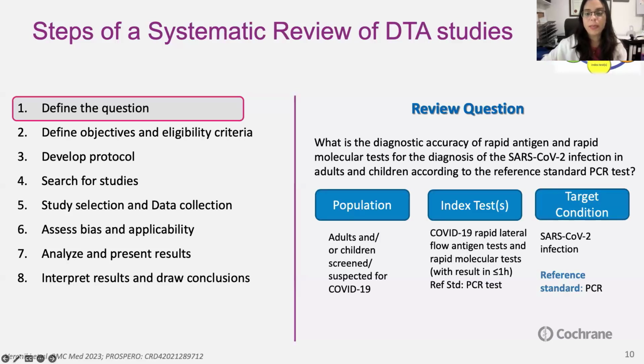Here, for example, in our previous review of diagnostic test accuracy studies, the review question was, what is the diagnostic accuracy of rapid antigen and rapid molecular tests for the diagnosis of SARS-CoV-2 infection in adults and children according to the reference standard, the PCR test? So from this question, we can get all the information that we need. We can get the population,